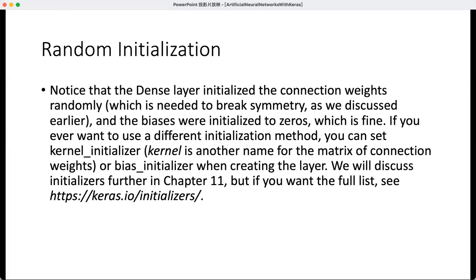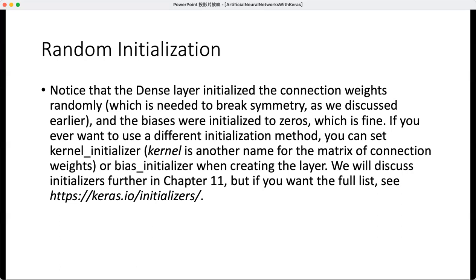Because we didn't specify the initialization scheme, by default it is going to use a random initialization. There are many different initializers that you could use to initialize all these weights. Remember, we talked about how these weights had better be randomly initialized, and we are going to discuss different initialization techniques. But if you want to check out what weight initialization techniques are out there, you can check out